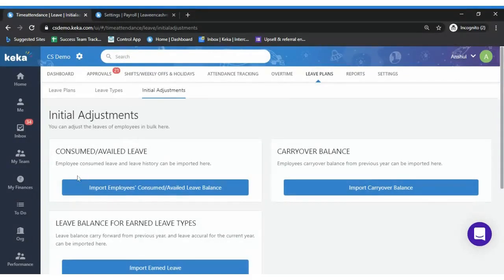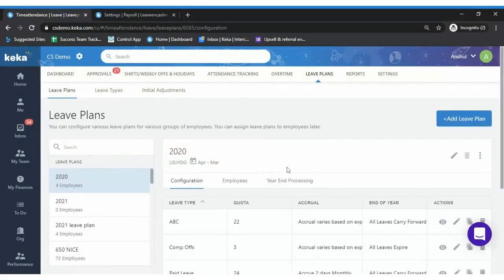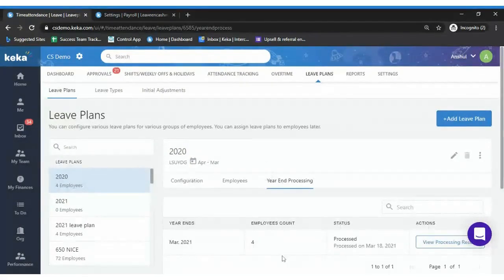If you want to import a negative balance, which has been utilized by the employee, you can use this consumed leave balance. And carryover is the positive value. So this is how we do the year-end processing, and these are the steps which need to be followed.